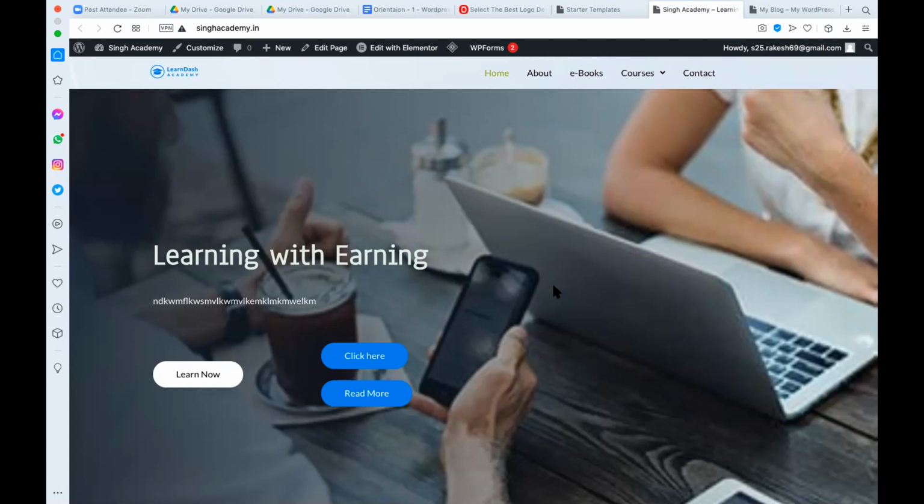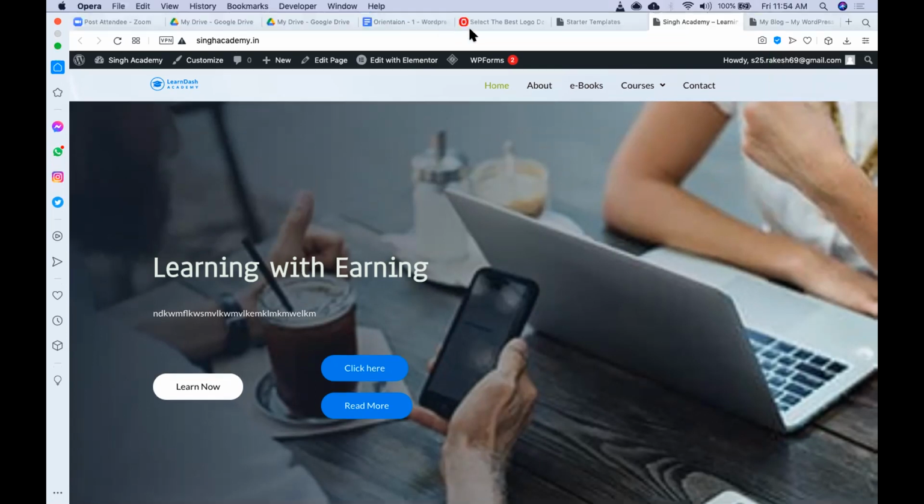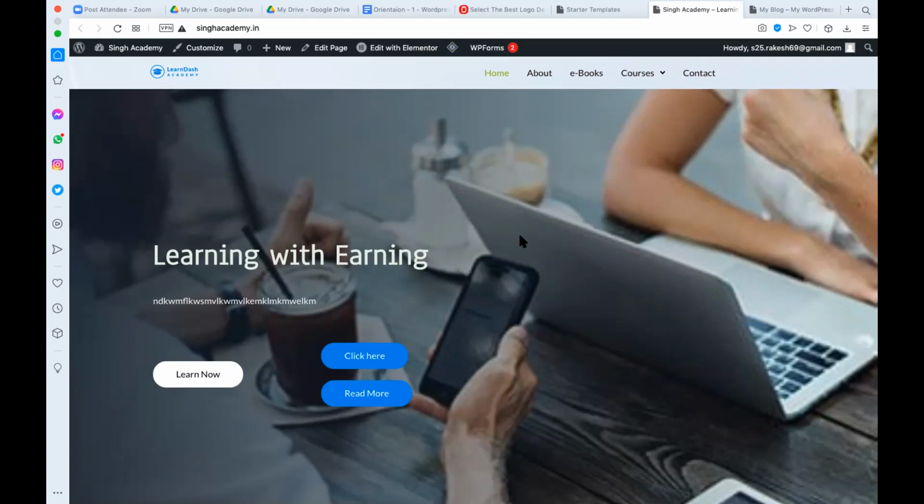Bhavna, it says one last step. Am I a WordPress user or am I building my website first? So you can select whether you are a beginner or intermediate or expert, whatever you feel like. Right now for Rakesh, we have selected beginner, and you can select whether you are creating it for yourself or for a client. You can select for yourself and continue or start, whatever option is coming. No, still it is showing disabled. Okay, so I have already made you host.